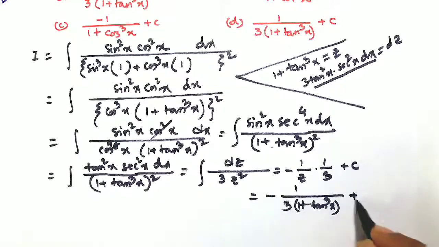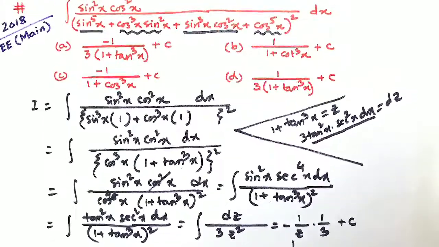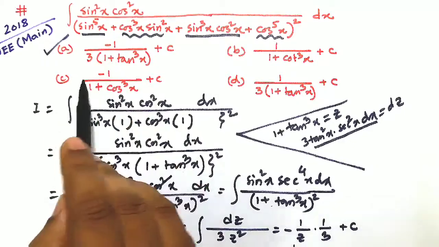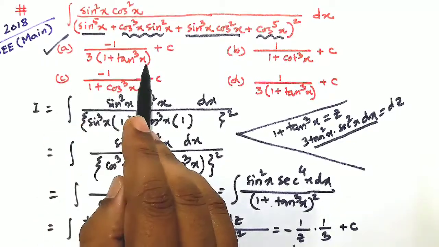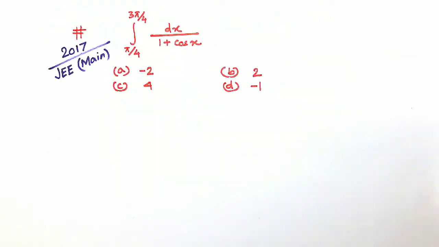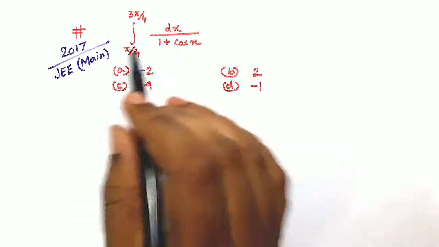and obviously we see that this is the option here, first one. Yes, minus 1 upon 3 times 1 plus tan cube x plus c. This is the result. This problem is taken from JEE main 2017, and this is obviously a very good question